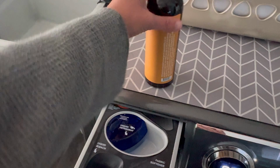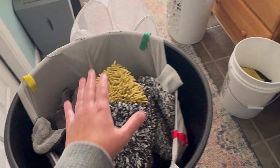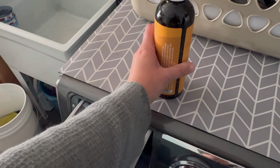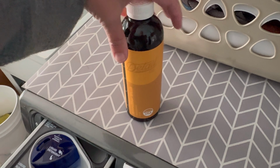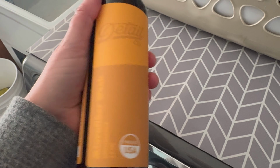But we're going to go ahead, measure out 2 ounces of this for this load, and we're going to do 2 ounces for all of this. I want to see how far this one bottle can go. It's 16 ounces, so I should be able to do 8 loads of laundry. I've got probably 4 here, so hopefully this will be enough. But if this is any good, I'm just going to say do yourself a favor, buy a gallon of it,